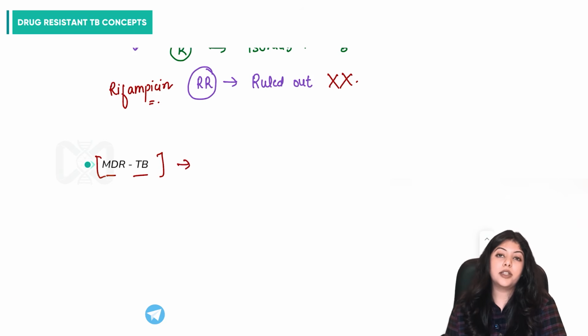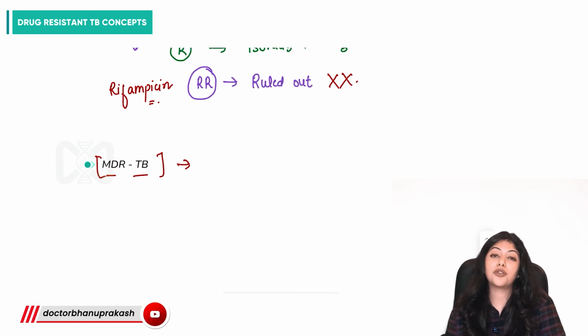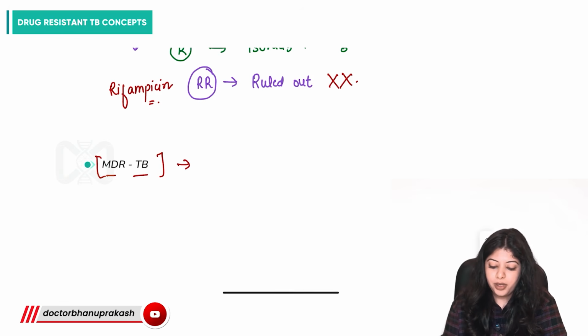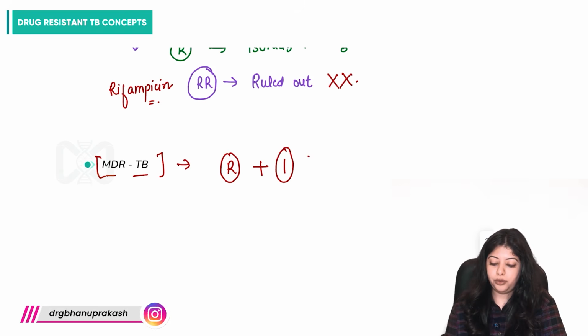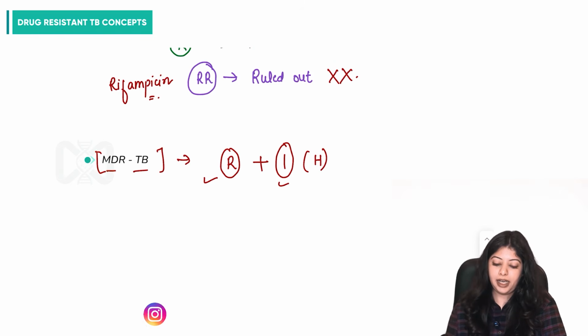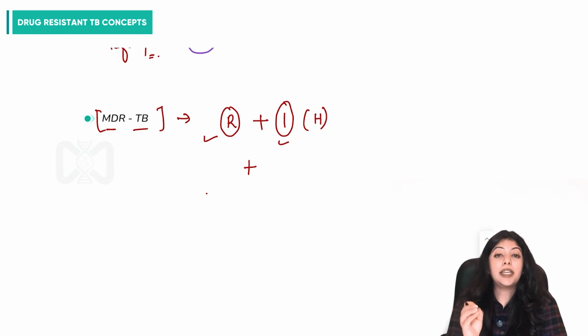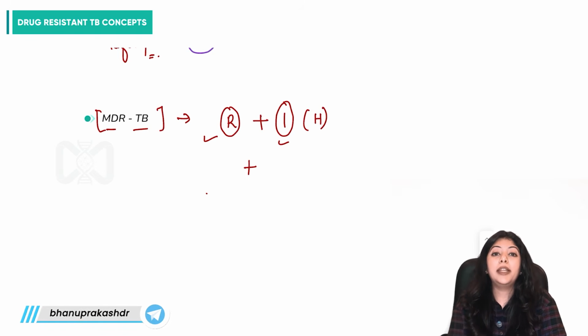It is multidrug-resistant TB, which includes TB caused by Mycobacterium tuberculosis strains which are resistant to, firstly, rifampicin, plus resistance to isoniazid, which is also represented as H. There's going to be resistance to rifampicin and isoniazid, and there can or cannot be resistance to any other first-line anti-tuberculosis drugs,